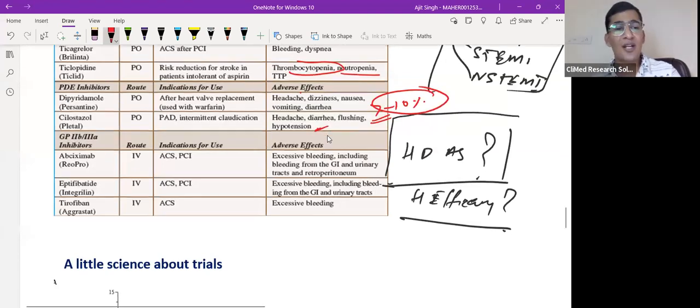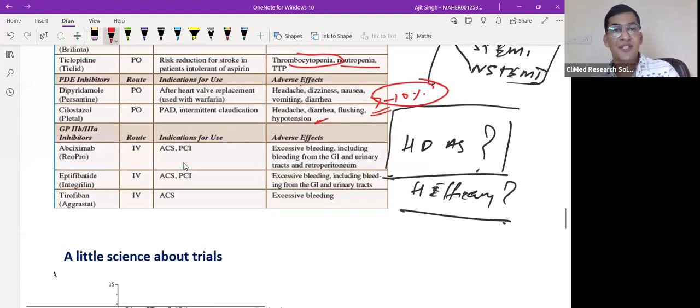Now, if I talk about GP2b3a inhibitors, abciximab is there. These all three, as I told, are given in IV form, intravenous. And why? See, if I'm talking about these GP2b3a inhibitors,